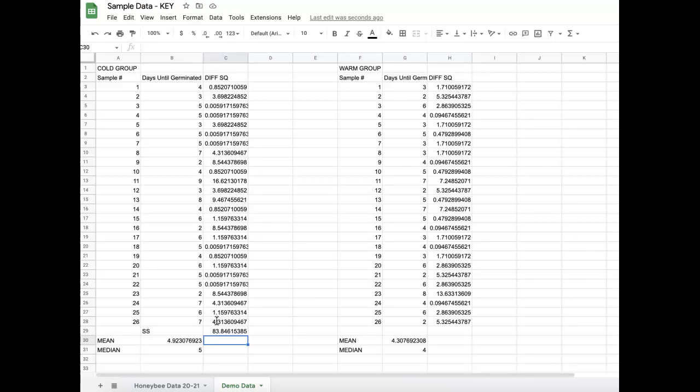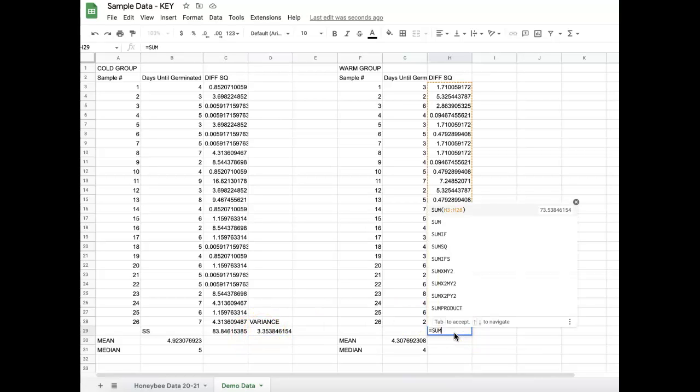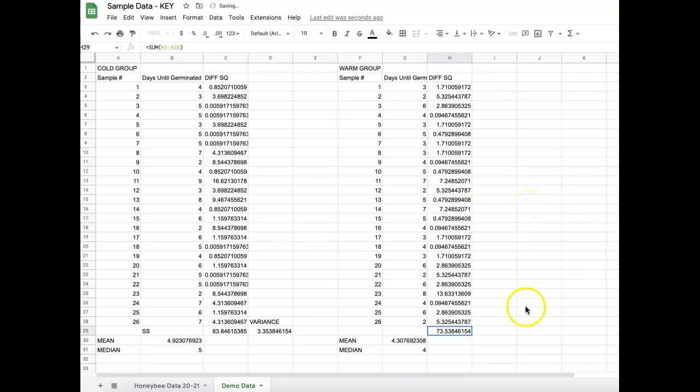And then we can figure out our variance. And I'm going to write a label here. Our variance is going to be equal to that number divided by however many samples we have minus 1. So we have 26 samples, so we're going to divide by 25. And that's our variance. So we're going to copy this over here, do the same thing, equals sum. Yeah, look at that, it already fills it for you. And then we're going to do our